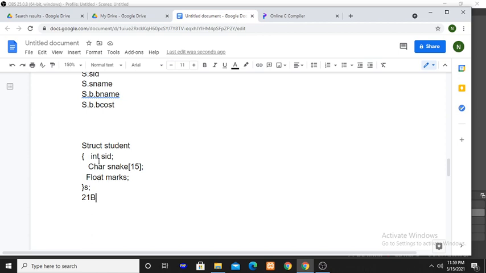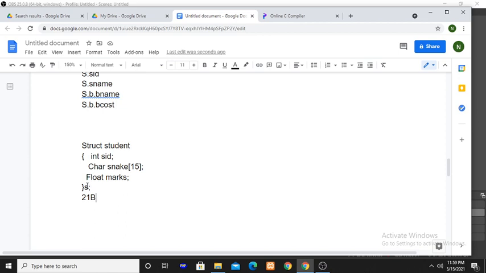Three different memory locations. 2 bytes is for storing integers, 15 bytes for storing characters, 4 bytes for storing floating points. The sum of all three different locations is 21 bytes.